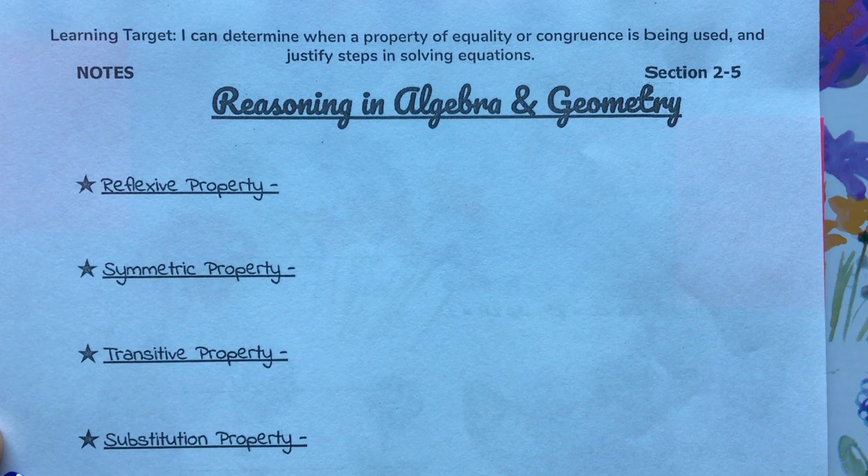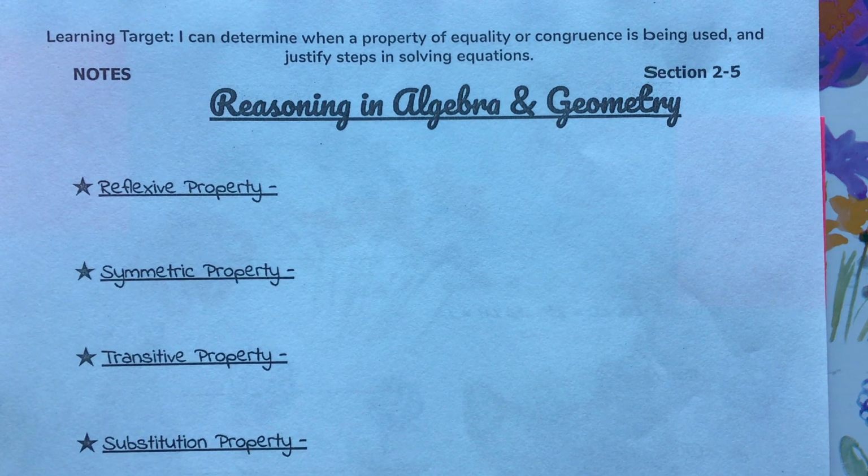And this has been a chapter all about reasoning and logic, and it's all leading towards something called proofs, which will be in your next section. But so far, we've talked about inductive reasoning and deductive reasoning. Now we're going to go even more focused into reasoning in algebra and geometry. So now we're talking about mathematical reasoning. And a lot of this is based off of properties and laws and postulates and things like that. Things that we know to be true or take to be true. So we're going to be talking a lot of mathematical properties today and how we use them to reason through